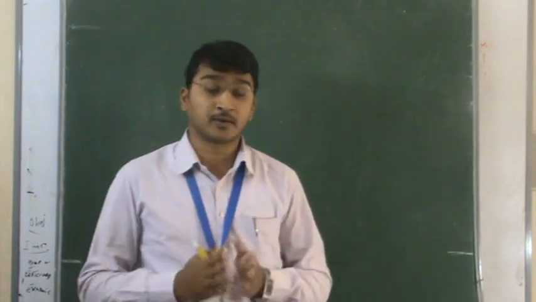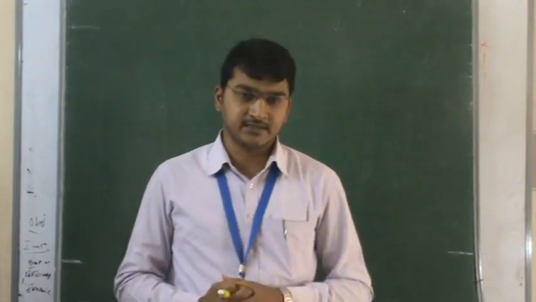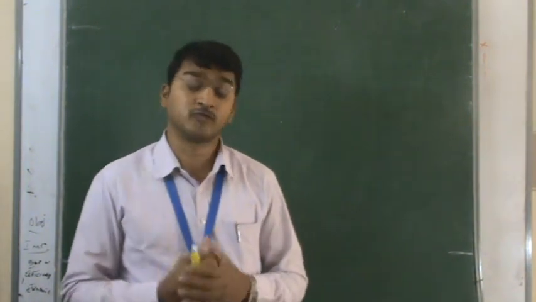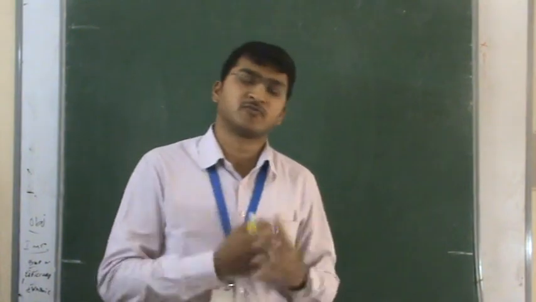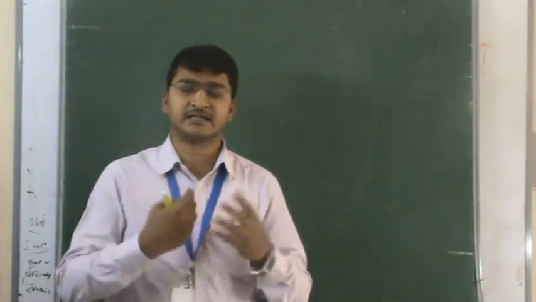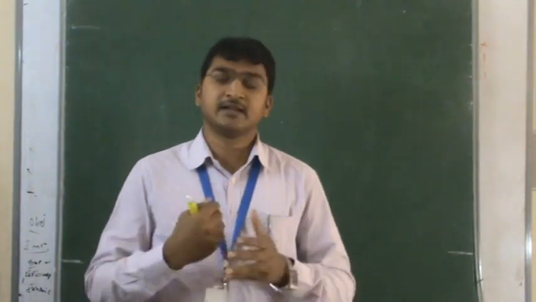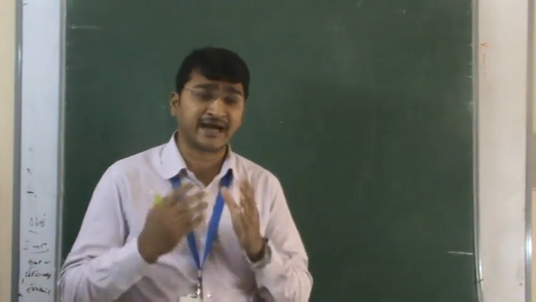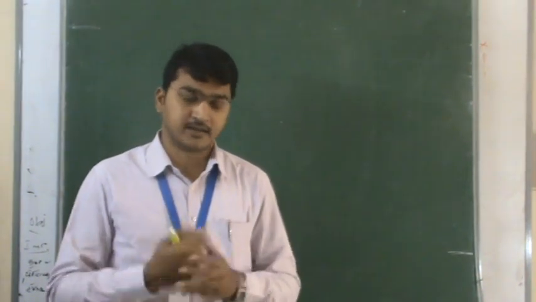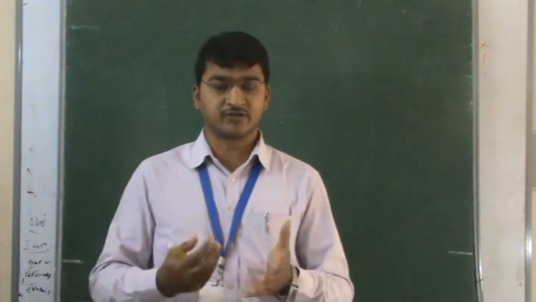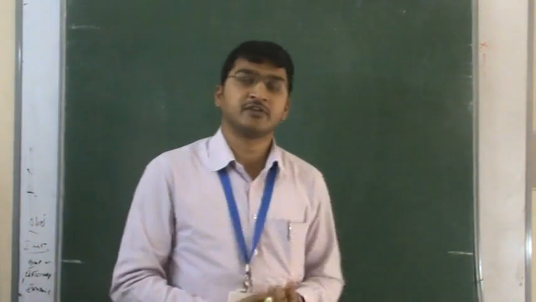Then we discussed the properties of the cathodes, and in the same way, emission of electrons: types of emission, thermionic emission, field emission, and photoelectric emission. Later we discussed photoelectric emission, what it is, some properties, and who discovered it, Hertz observed that. Then we discussed some important parameters in the photoelectric effect, like work function, threshold frequency, and threshold wavelength. These we finished in the last class.